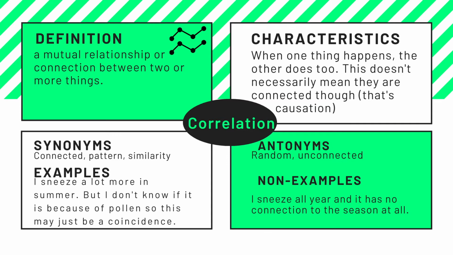Antonyms of this are random and unconnected because, of course, whether or not one causes the other, there's still some form of connection because there's a similarity in pattern, and we can see that in its correlation on the graph. So antonyms would be random and unconnected. And non-examples would be I sneeze all year and it has no connection to the season at all. So there would be no correlation between those things. And that is correlation. And it brings us on to our final word,